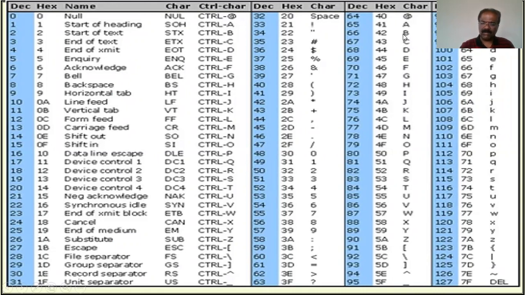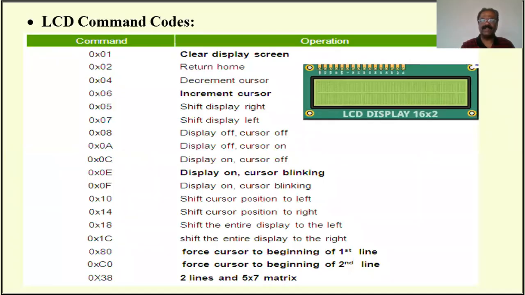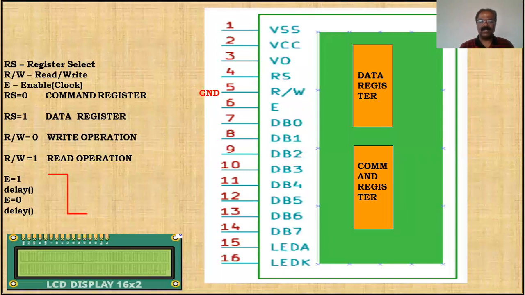Then if you want to display any message, a group of characters, step number 1 is to place the appropriate character on the data lines from DB0 to DB7. Then make rs equal to 1. It selects the data register. That is the second step. What is the third step? We have to apply the clock on the enable pin.